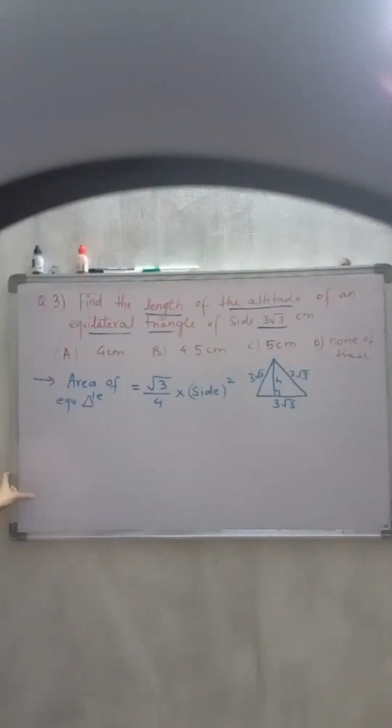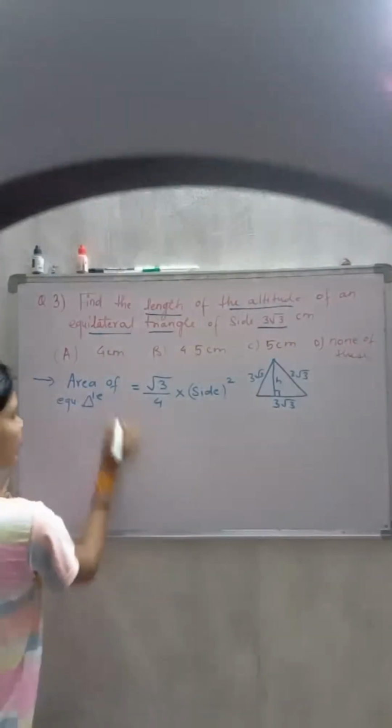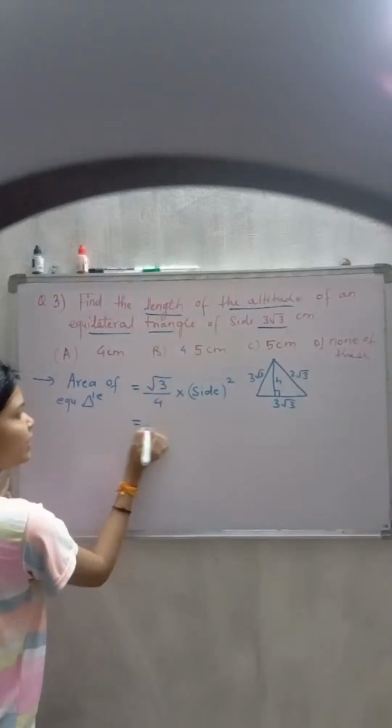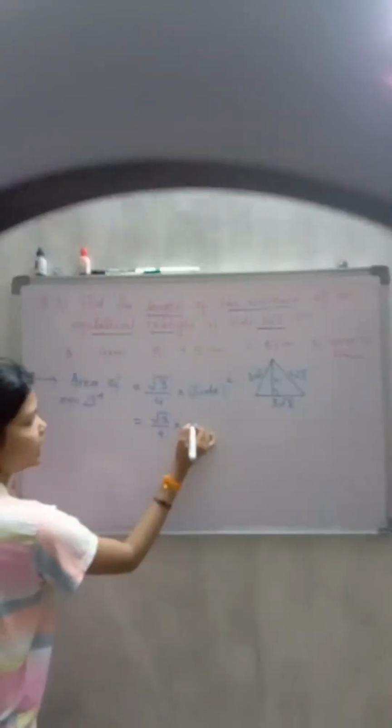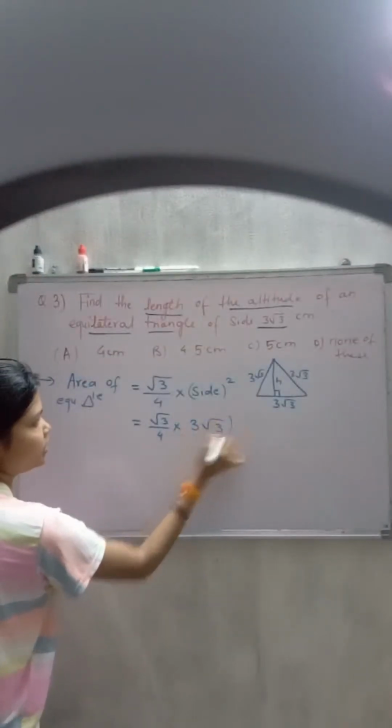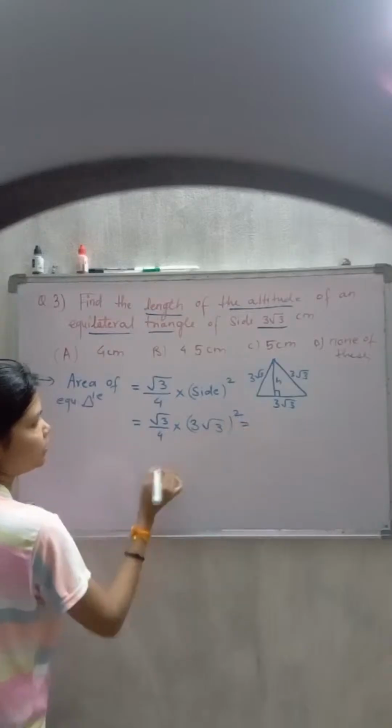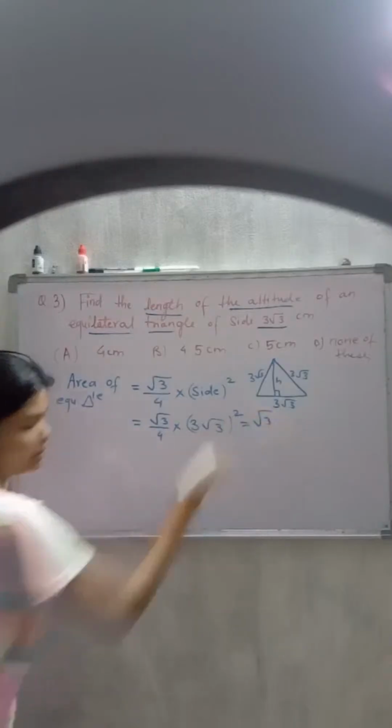This is the formula to calculate the area of an equilateral triangle. So let's find out the area of the equilateral triangle. Area of equilateral triangle will be root 3 by 4 into side, which is given as 3 root 3, square. So this is equal to root 3